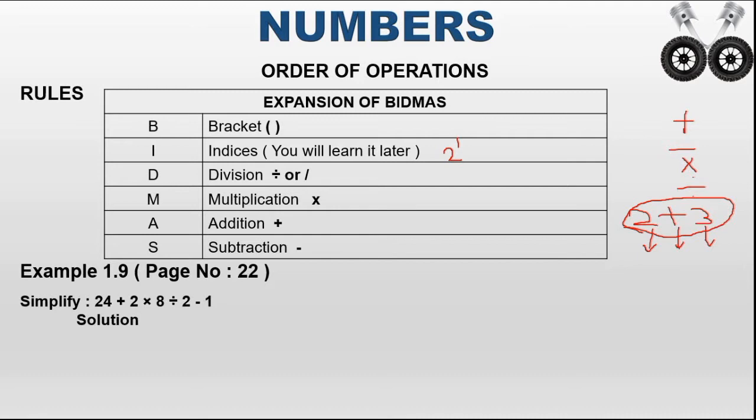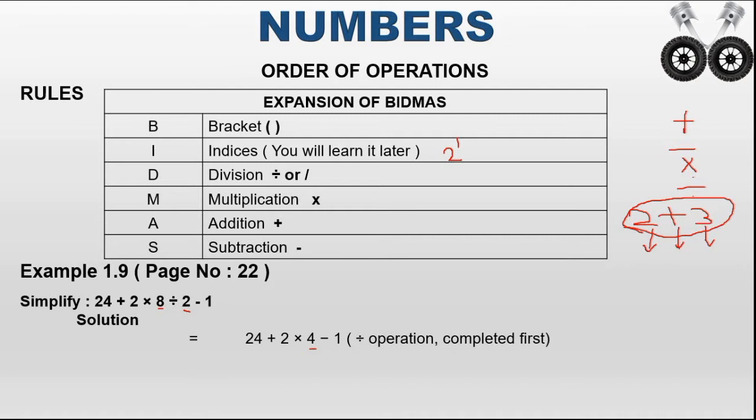So division, multiplication, addition, subtraction. So what should we execute first? Division. So where is the division? Here. The division operator is here. What are the numbers before and after the division called? Operands. So for these two operands, which is the operator? Division is the operator. So can we execute this first? So 8 divided by 2. What is the value of 8 divided by 2? 8 divided by 2 is 4.